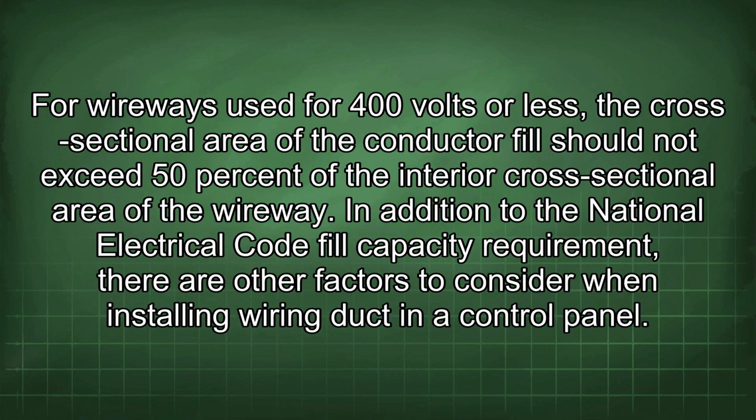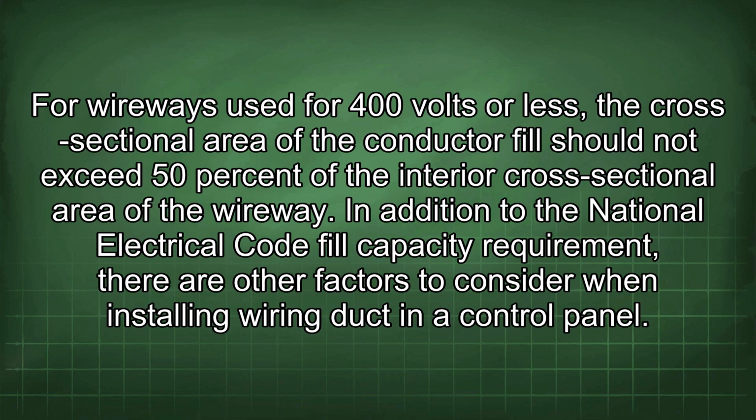376.24. For wireways used for 400 volts or less, the cross-sectional area of the conductor fill should not exceed 50% of the interior cross-sectional area of the wireway. In addition to the National Electrical Code fill capacity requirement, there are other factors to consider when installing wiring duct